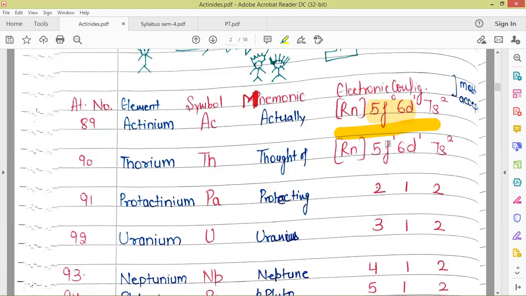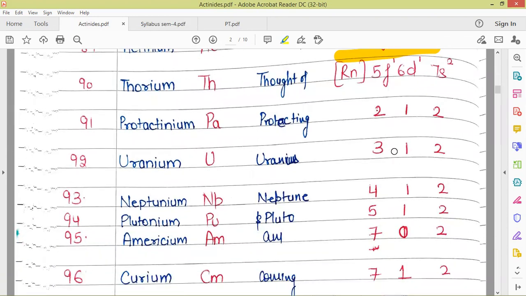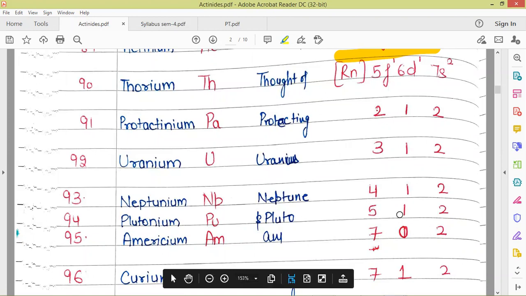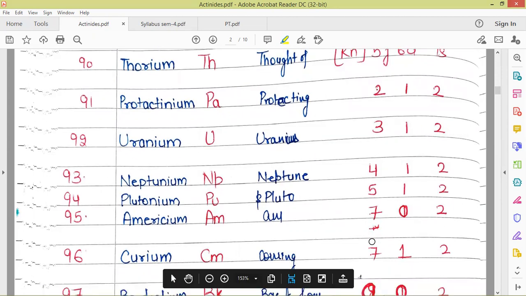That is, there is only 1 electron in 5f. Then for thorium, then protactinium, it is 2 electrons in 5f, and 1 electron is always there in 6d for the first half, till atomic number 94, that is, till plutonium. There are 5 electrons in 5f and 1 in 6d. When we come to americium, there is an attraction for the exactly half-filled electronic configuration. So instead of 6, this single electron also comes to 5f and makes it 7, which becomes the exactly half-filled 5f subshell, which has the extra stability associated with it. That is why this electronic configuration is happening here.